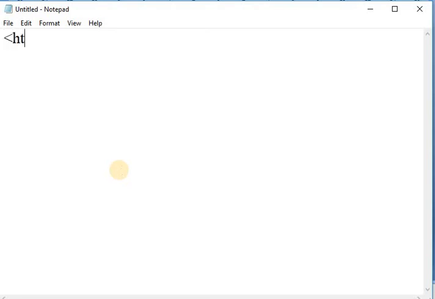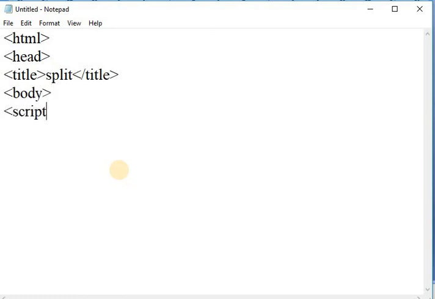After that, write the HTML tag, write a head tag, take a title tag. Here I am taking split as a title. Close the title tag. After that, write a body tag. In the body tag, I am writing a script tag.